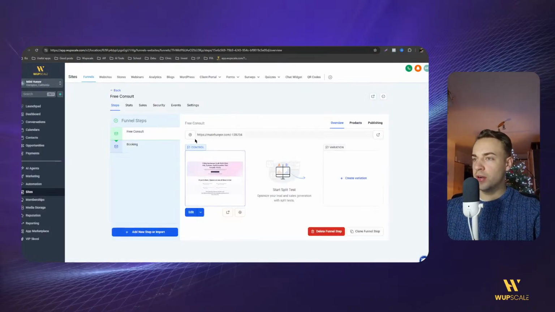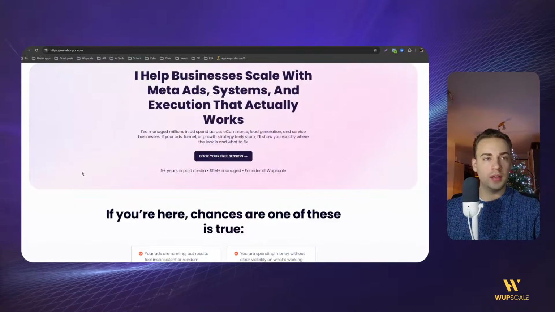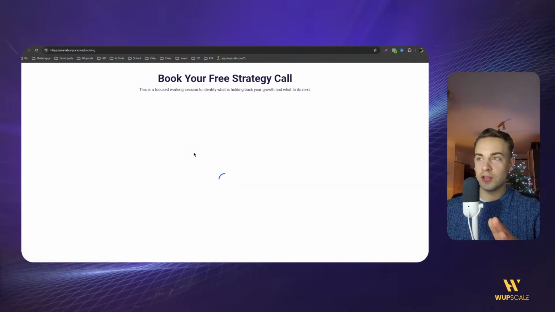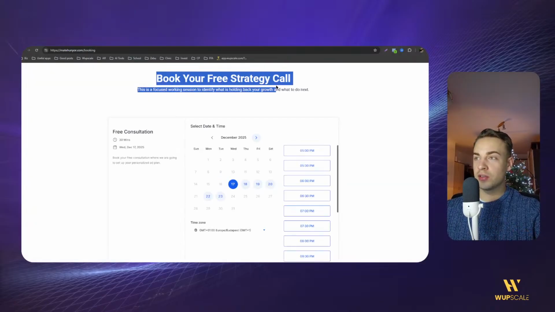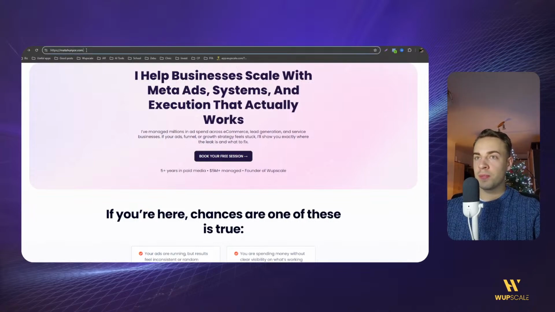Let's take the URL from the first step, copy and paste, and then let's see how it works. So book your free session. Now let's see again if it's working. Yes, now finally it works. So book your free strategy call, only 7 days into the future. So everything looks great. Now the last step is we'll actually book a call and then make sure all the